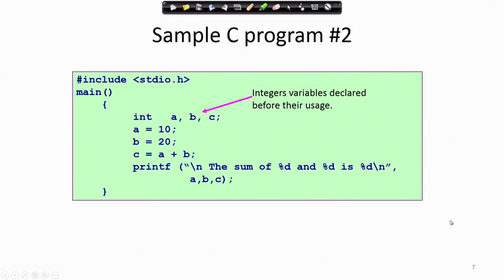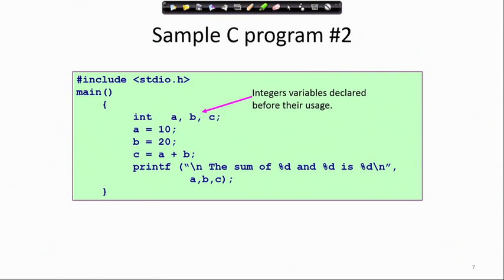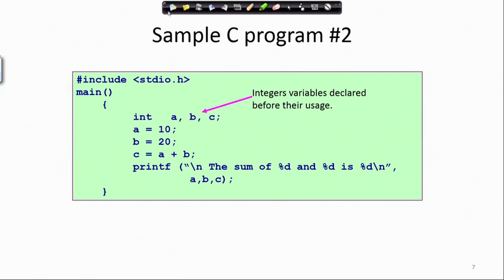Now, here there are some more new things which are being shown to you in the form of an example. You see the first line is int A, B, C. What is meant by that is that I will be using in this program 3 variables A, B and C, and each of them is of type integer. Now, you are already acquainted with the term variables, but you are probably not acquainted with the term type of a variable. So, quickly let us go to that.